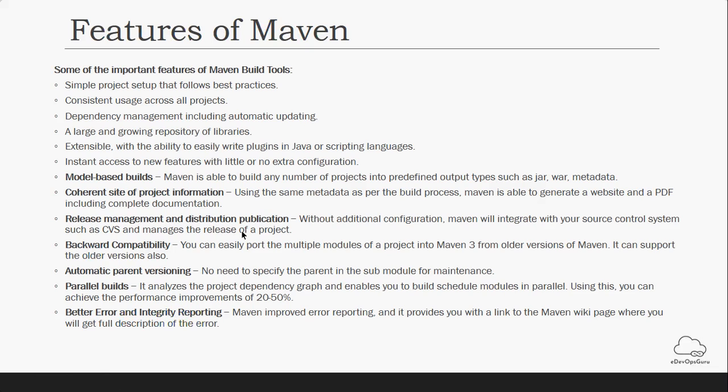If you have been in the software industry for 10-15 years, you would be aware that earlier builds used to take a long time. If you had not customized or tuned your build tools, everything used to be sequential. One module compiles, then second, then third. But with Maven, you can also do parallel builds, which reduces your time